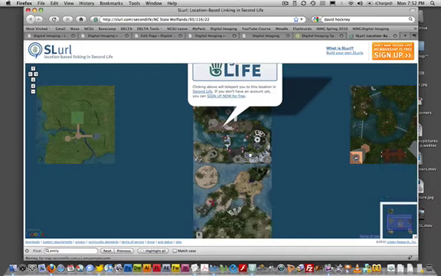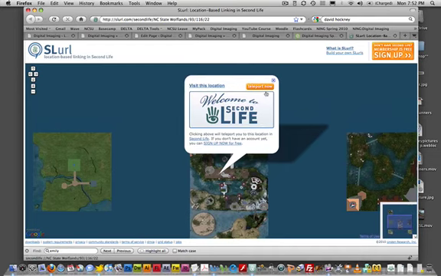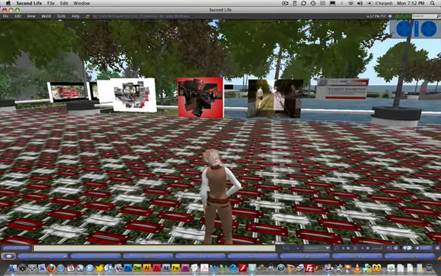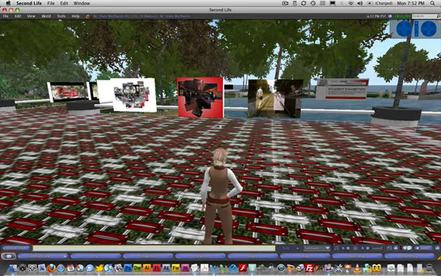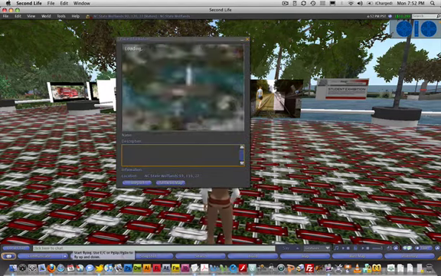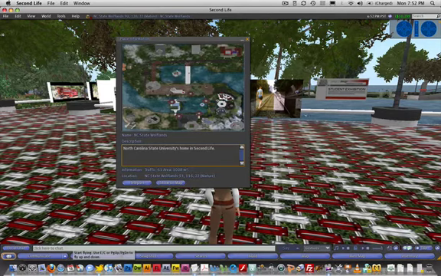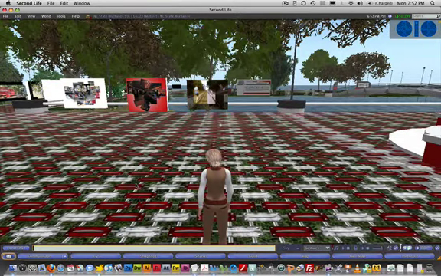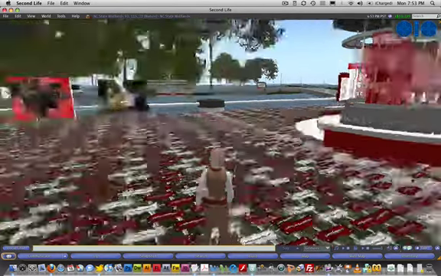Now these are our two islands. One's a wolf, as you can see, and one's a big giant S for NC State, and we've got a teleport now. What this is going to do is open up in Second Life, and this is Second Life. It's a standalone application that I downloaded, and when I click that link, I go back to my browser, it's going to talk to Second Life. See, it pulls up this teleport window. No matter where you are in Second Life, if you click that teleport button, it will take me there. And then I will be on Wolflands. I was already there, but now I'm there again. So that will take you to Wolflands from wherever you are.